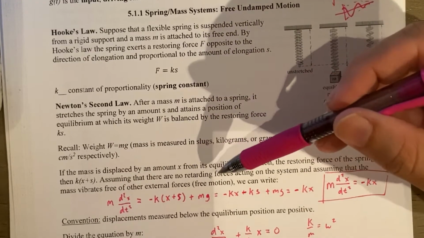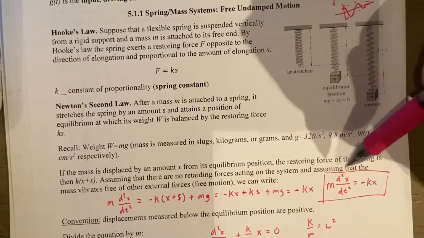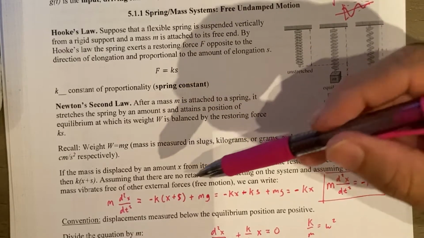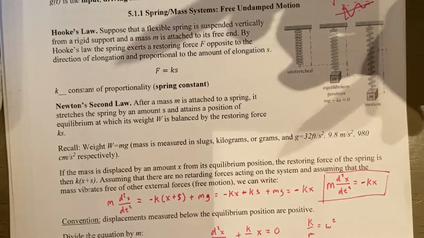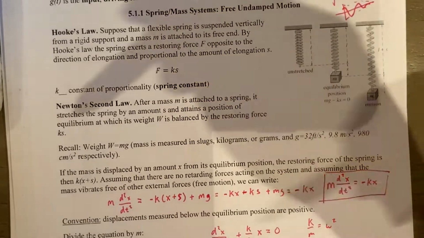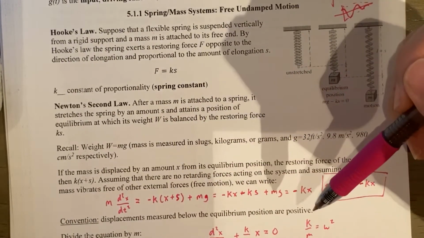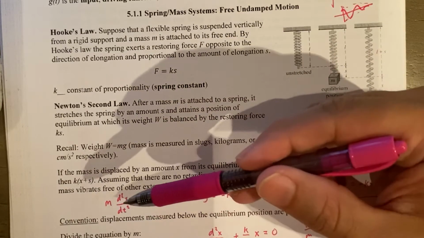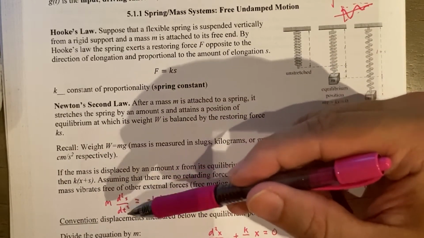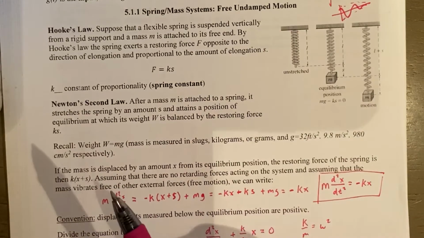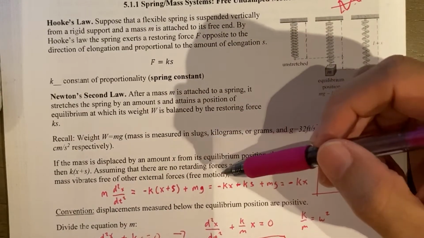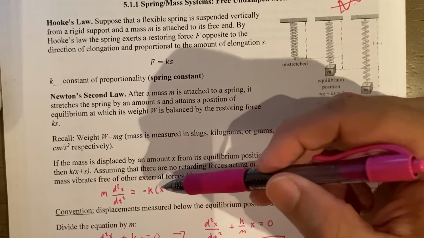Assuming that there are no retarding forces acting on the system, and assuming that the mass vibrates free of other external forces, so free motion, we can write, basically this is force equals mass times acceleration, where this is our mass. Acceleration is the second derivative, and that's equal to our force, which we have here, which is negative kx